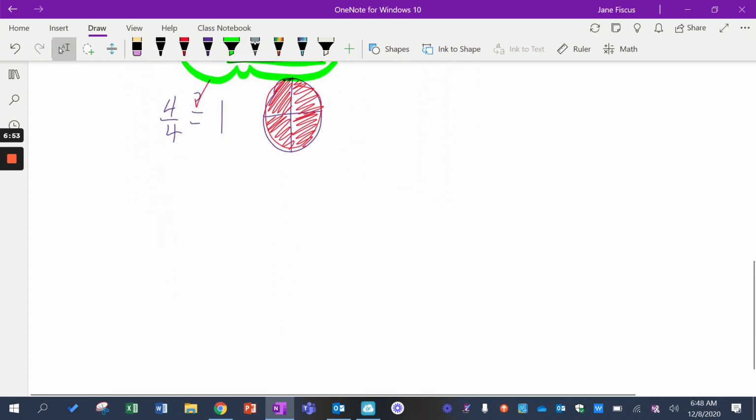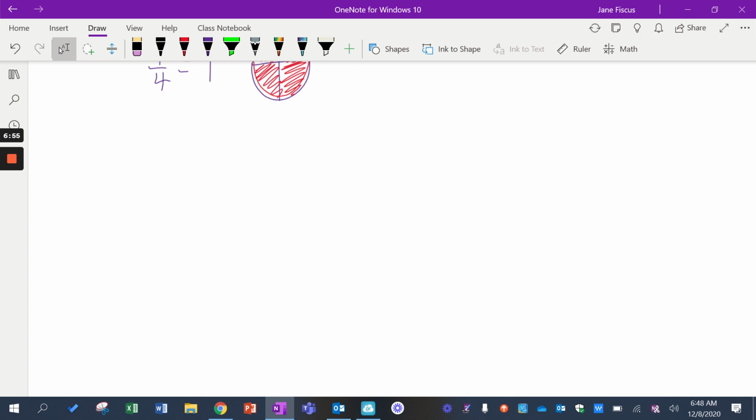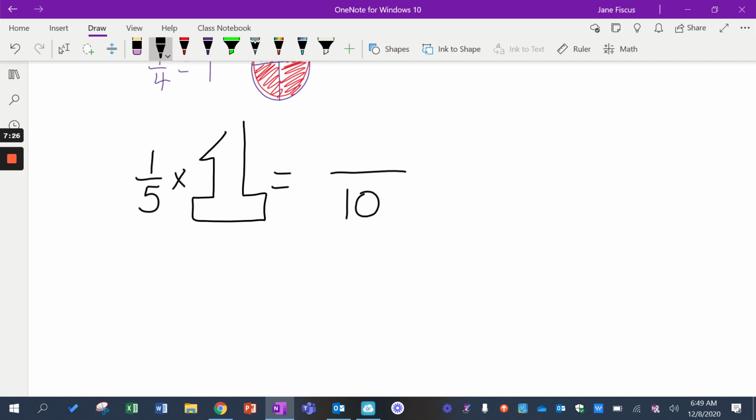Knowing we can multiply any fraction by 1 helps us find an equivalent fraction with different numerators or denominators that have the same identity as the fraction we start with. So let me show you what I mean. What if I start with 1/5 and I want to find an equivalent fraction to it that has tenths, that is broken into 10 equal parts, not 5 equal parts, but this time 10 equal parts. Well, what would that fraction be? Well, we can use what we know, the identity property of multiplication, to determine what times 1/5 would equal